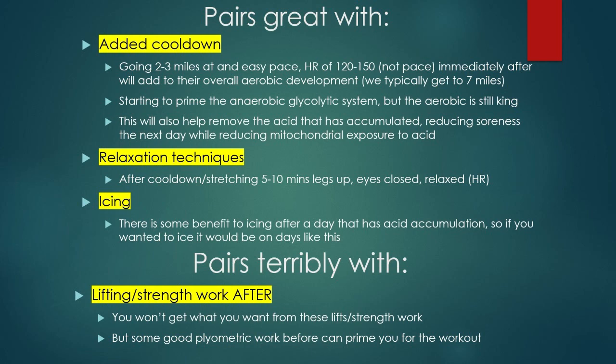I've seen, and our sprint coach at Wharton High School does this quite a bit, plyometric work before to help prime you for the workout. I have not done that. I like doing my plyometric work on my alactic days and my hill type days, and extensive tempo just because they're not that super intense. They're very mild type anaerobic work,